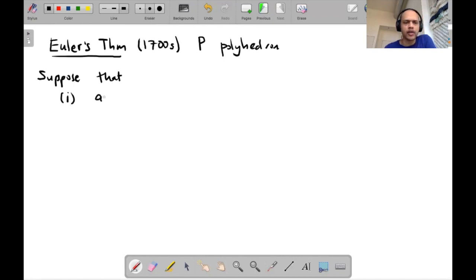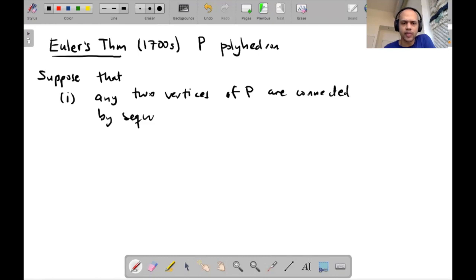First, any two vertices of P are connected by a sequence of edges. That's the first condition. The second condition is any